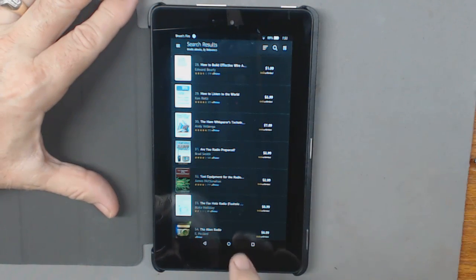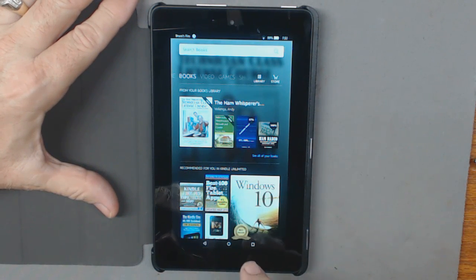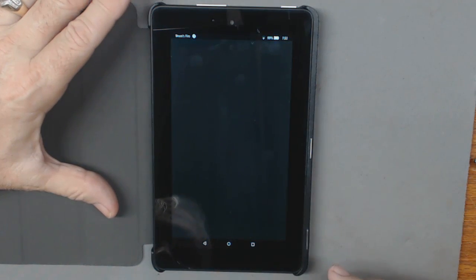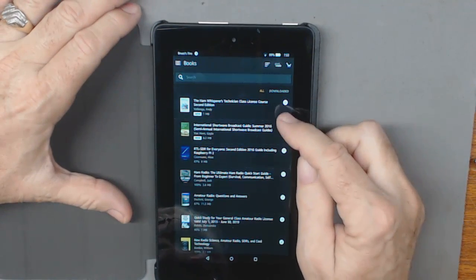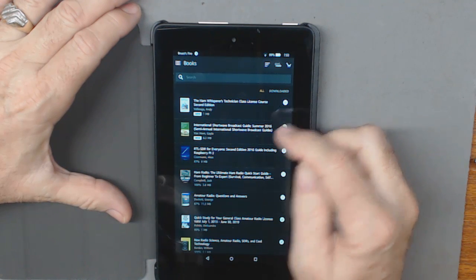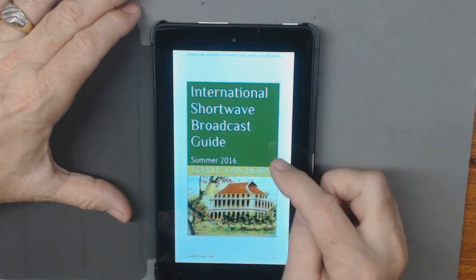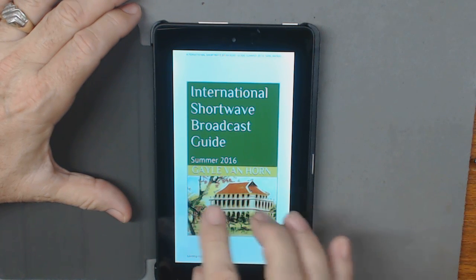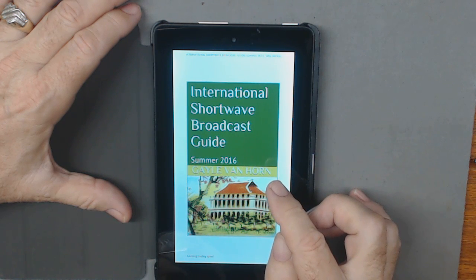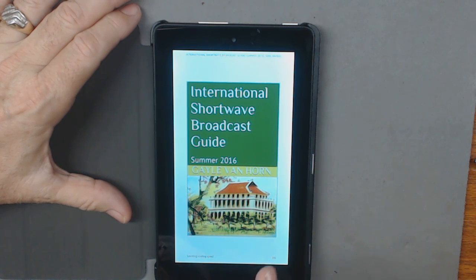Let me go back again. Okay, see my books. Here's my books, and here I'll give you a little insight to my hobbies. Now, here's two that I got this morning. Let me open them up, because I'm going to review them. This is the International Shortwave Broadcast Guide. This is actually a couple, and the lady updates these guides, I think twice a year, with a complete listing of what's on Shortwave. This is the summer of 2016, so this is the latest and greatest,